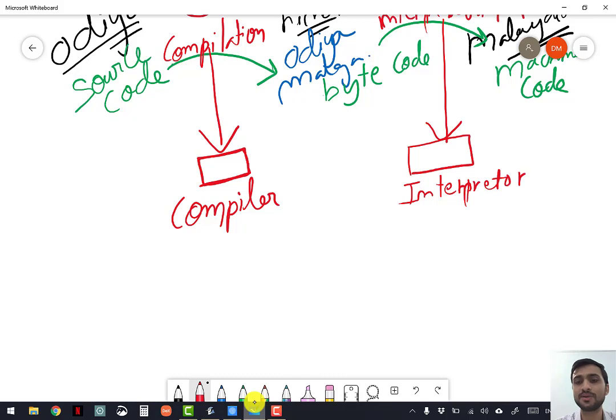In Java especially it is known as the JVM. We'll learn more about this. The full form of JVM is Java Virtual Machine. So it is a two-step process from source code to bytecode, and again from bytecode to machine code. So why is this happening?